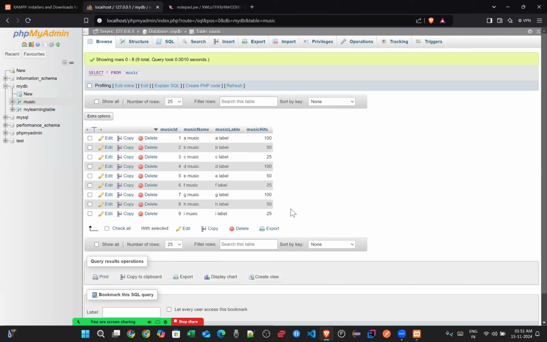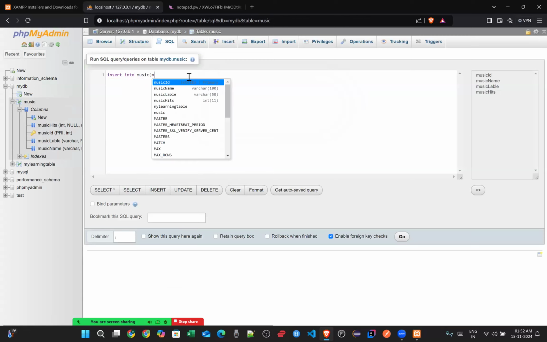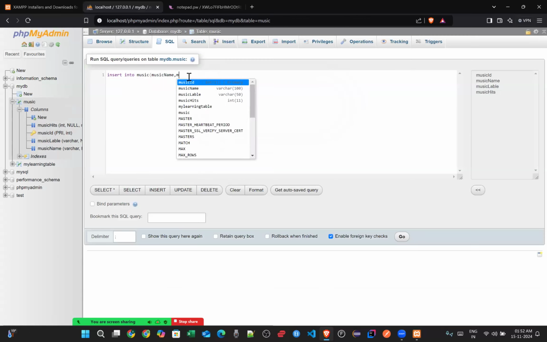Now let's suppose there is some music which is newly launched and it does not have music hits. So do we really need to give everything? No, we can just enter one thing and it will also accept. Let's try to learn how we can insert data with few columns. Let's go to SQL. Same command, insert into, then what is the table name? Music. Then what is the column we want to insert? We can see columns from here. Music name and music label, okay? Music name, comma, music label,